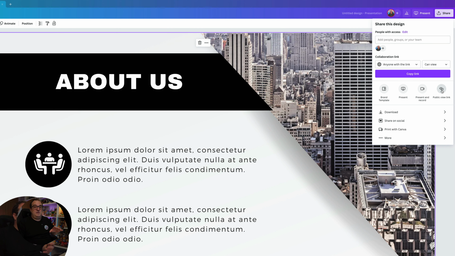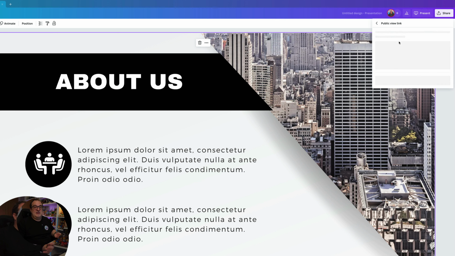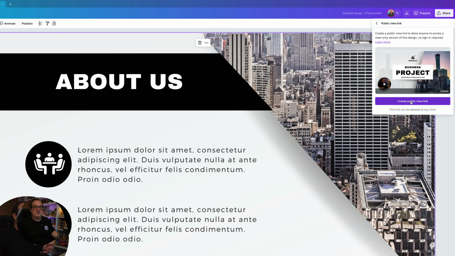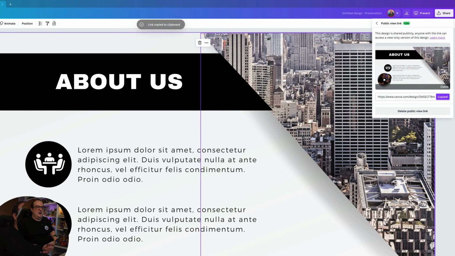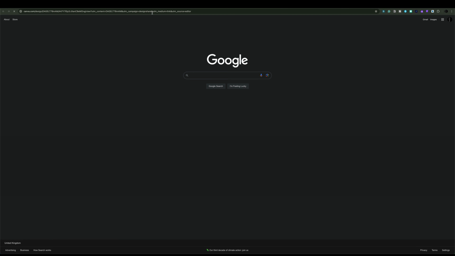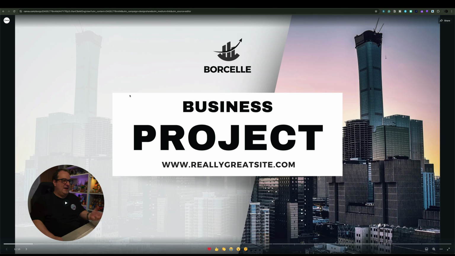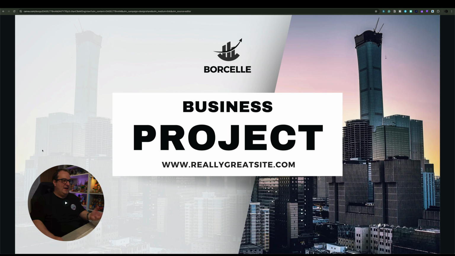Okay. If you click on public view link, it's going to create a public view link. So you don't have to send it to anybody. It's basically the same sort of thing, but a different way of doing it. So create a public view link and then click copy on that. And then when you open that up in a browser window, so I'm just going to paste that into a browser window. And then now, when this loads,